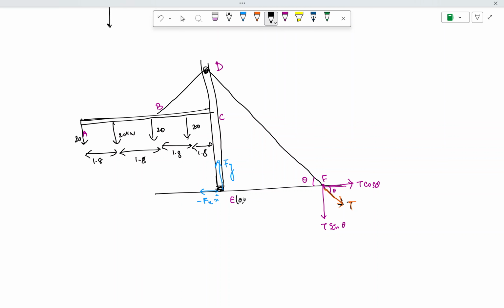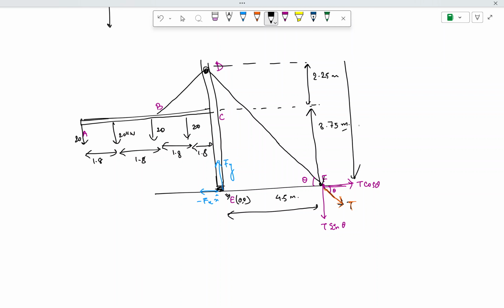And this E is your origin point. So all the torques basically have to be taken with respect to this. And this is 4.5 meter, this distance here. And there is also a given that this measure is 2.25 meter vertically, and from here to here is 3.75 meter. So the entire distance is what? You have to just add up 3.75 plus 2.25, which is